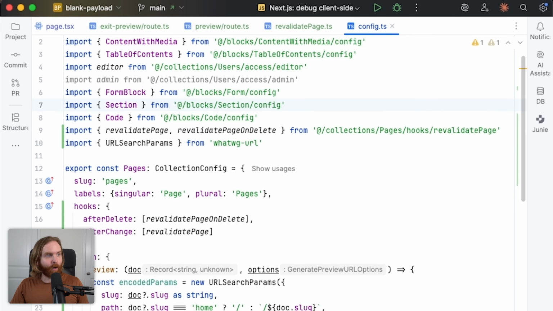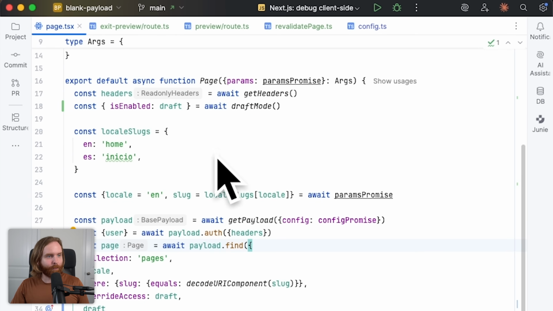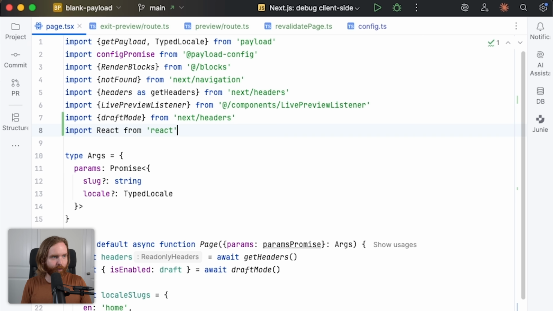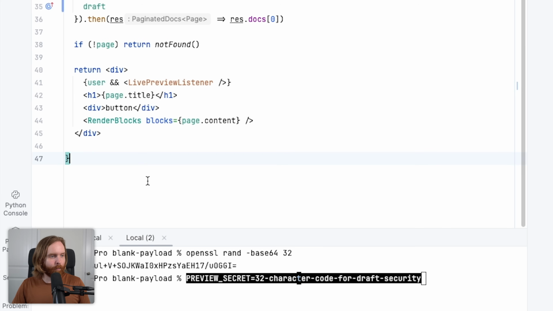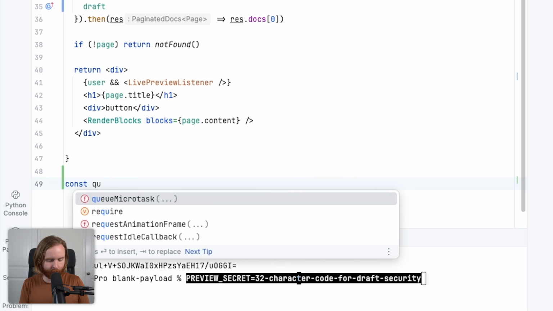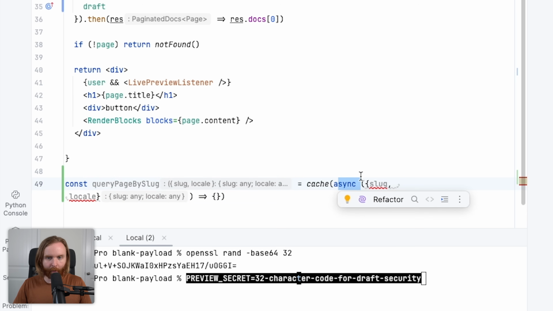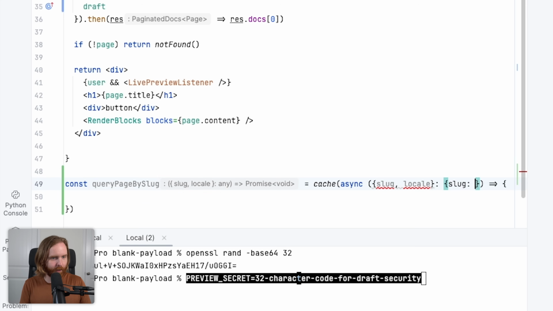We'll do that by moving our query from our default export here down into a React cache function. And we'll do that first by importing React from React as well as cache from React. Then we'll go to the bottom of the page and we're going to set a new constant called queryPageBySlug and set it equal to a cache function. We'll then pass in an async callback function, which will take our slug and our locale. And then we will add our types here as well. So we'll have slug, which will be a type of string, and our locale, which is going to be our